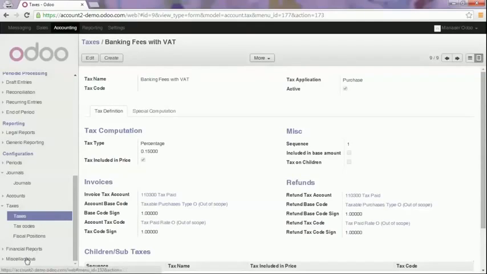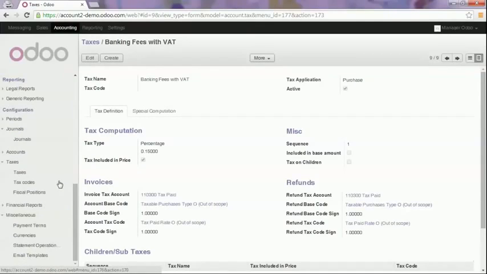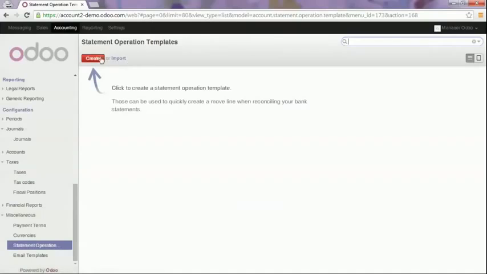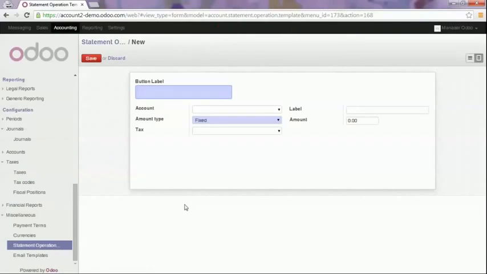Now, what can you do as well? And this also applies to the discount we saw before. You can create a template. And with this template, you can easily select the corresponding entries in the bank reconciliation journal. So on reconciliation, instead of what we did for the discounts, where we entered an expense account and a label ourselves, when we predefine a template, we just have to select the template and then all the fields will be pre-filled for you. So in this case, I will create